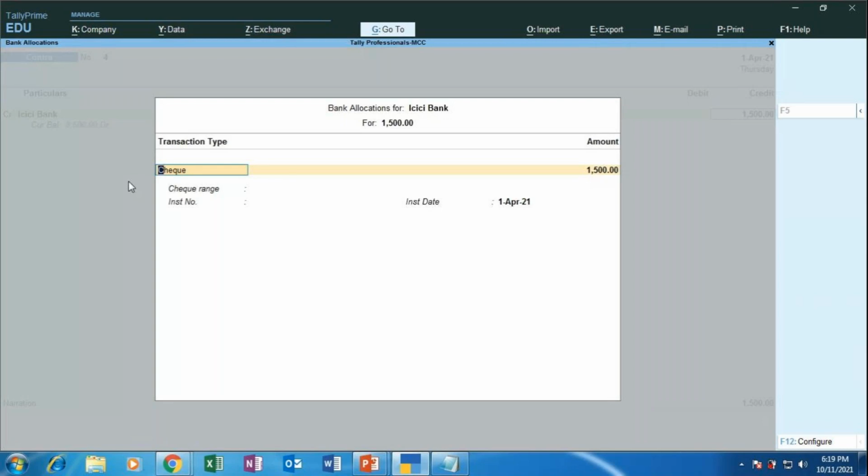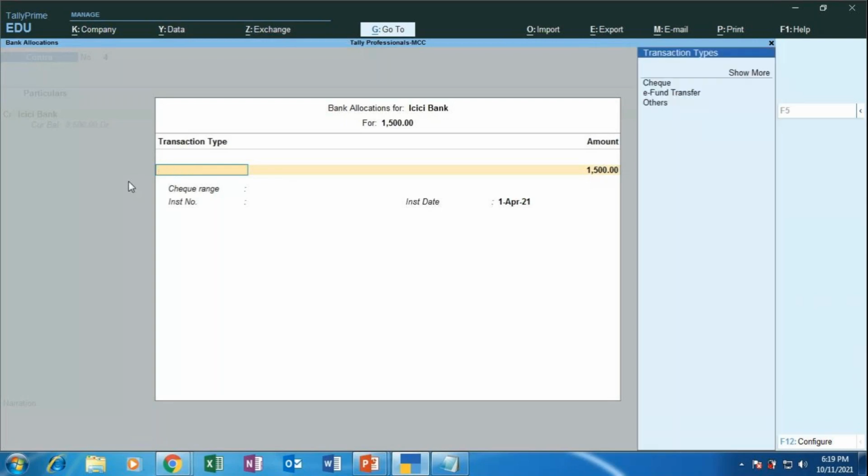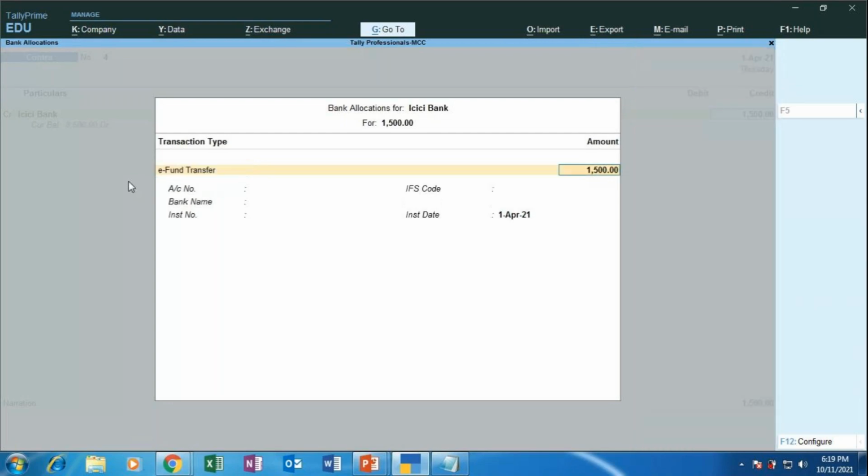So press the space bar and over here, can you see under transaction types, you have e-fund transfer. So select e-fund transfer, press enter on e-fund transfer, and here let the amount be 1,500. Press enter, and now here lies the question of what is the account number, IFSC code, bank name to be